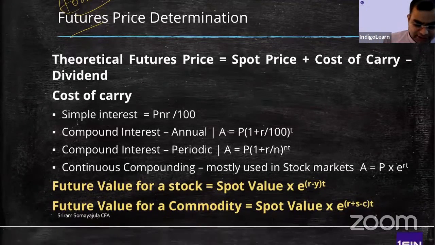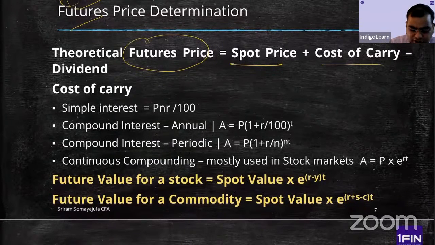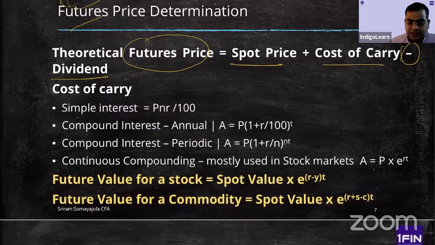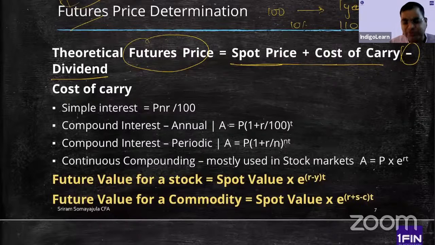Now, what you have to understand is the price of a future contract is spot plus cost of carry minus dividend. Here, please note, it is minus, right? It goes straight from the concept of time value of money. Let us say something is worth 100 rupees today. Let's say interest rates are 10%. After 1 year, it will be worth 110 rupees. It is as simple as that. However,